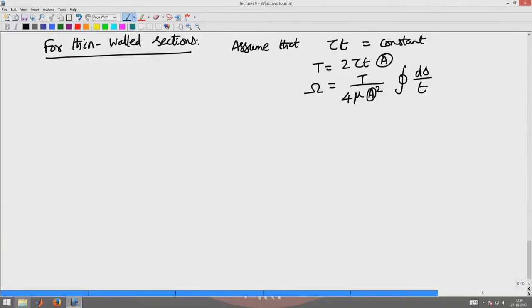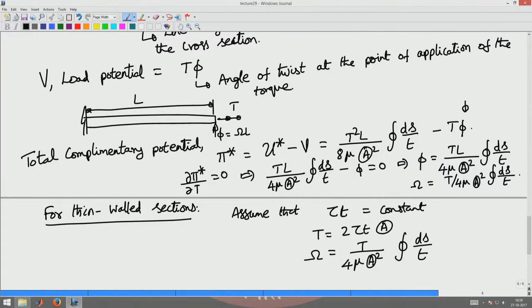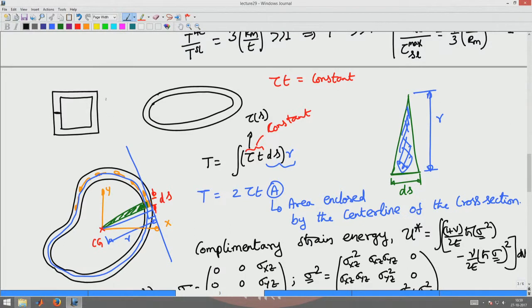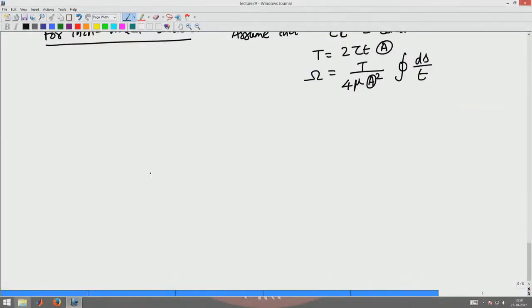Now, let us go back and, in the remaining time, see how the torque and the angle of twist are related, and how the maximum shear stress and torque are related for this thin wall square cross section. Let us assume the section has uniform thickness